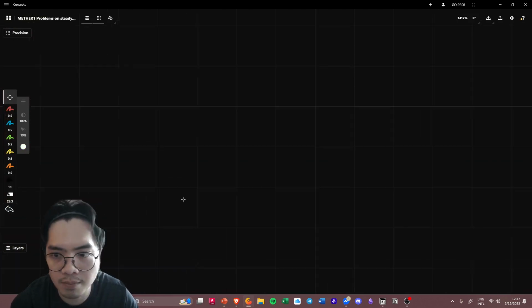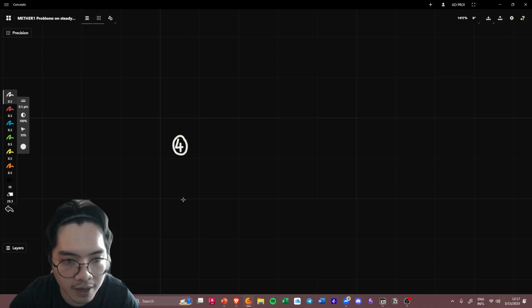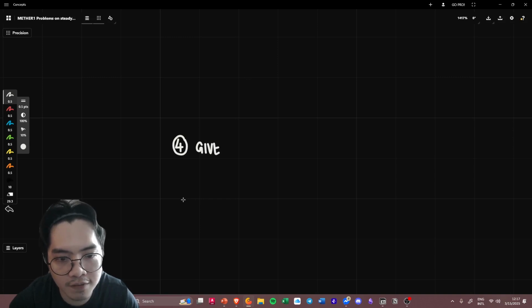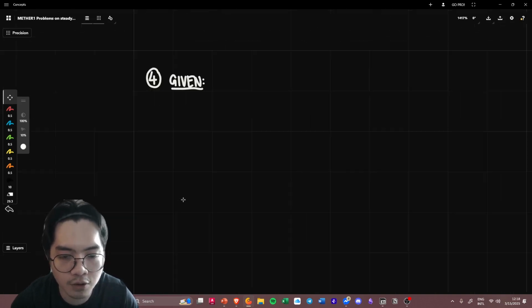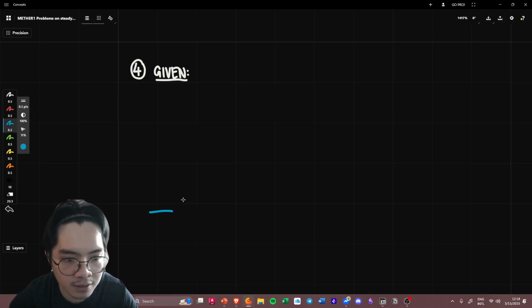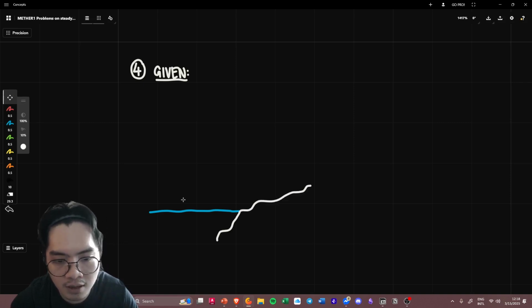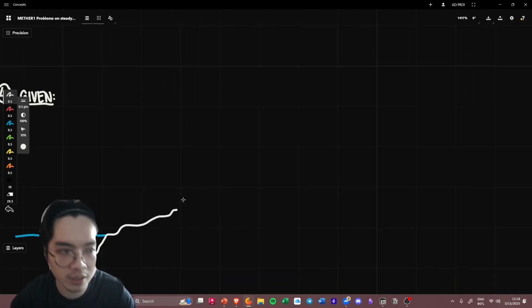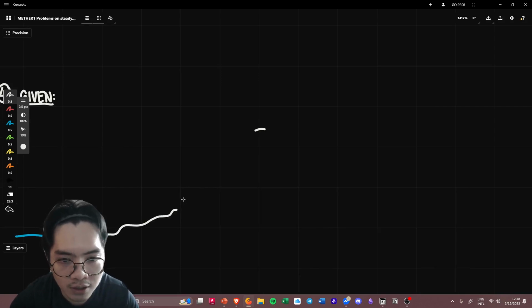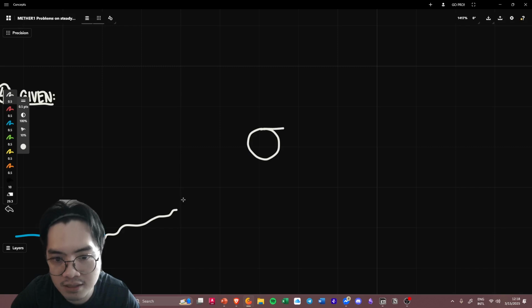Let's go now with number 4. Let's separate away from that, and let's just have this figure where, let's say this is the pond or something, and then this is the pump. The pump is usually drawn like this, right? You have a pump, and then this is the discharge side. So the discharge side,